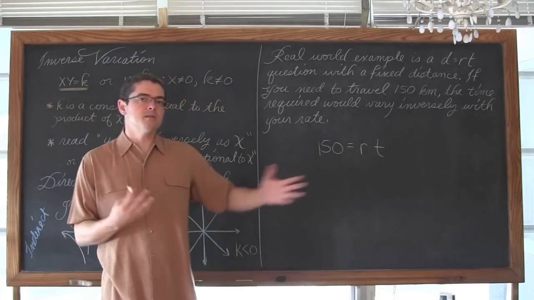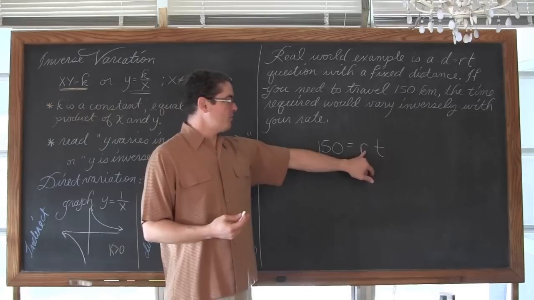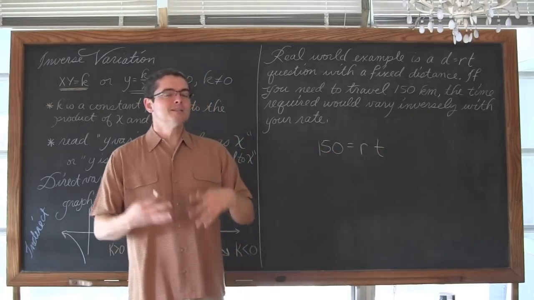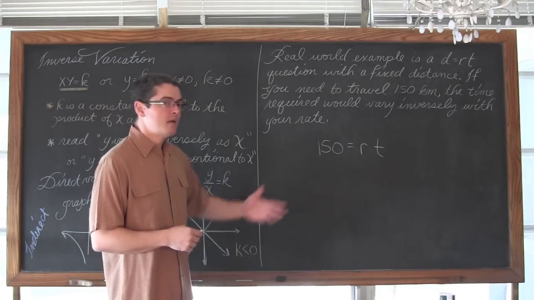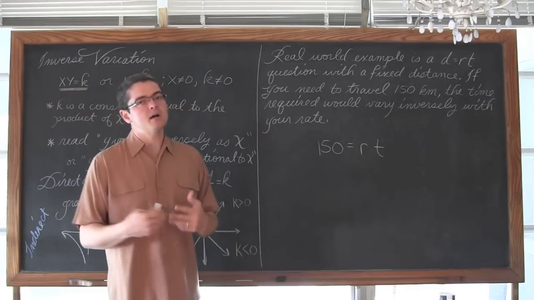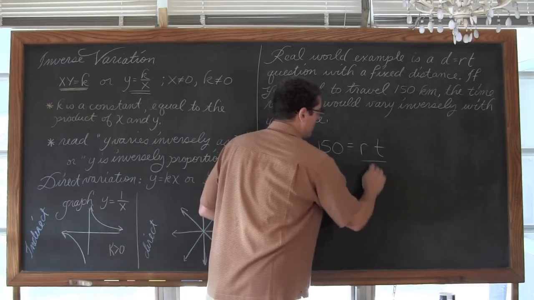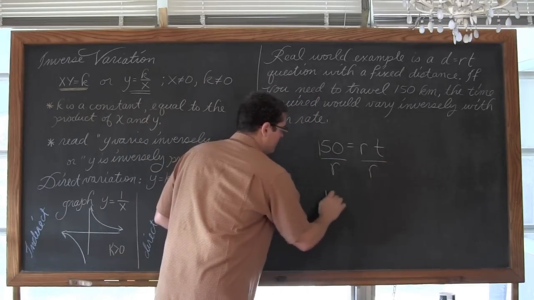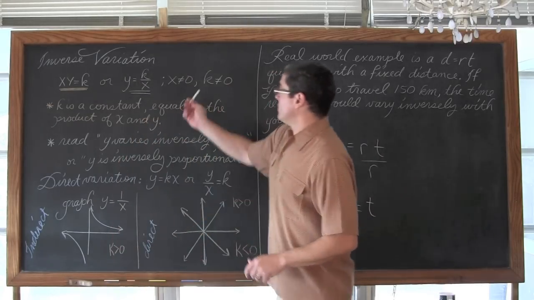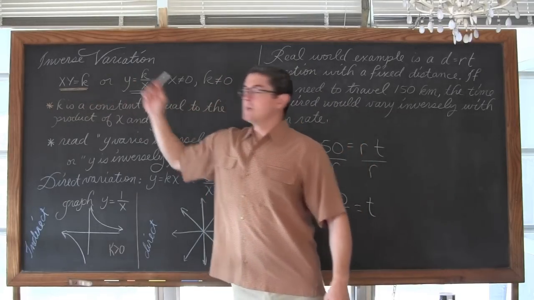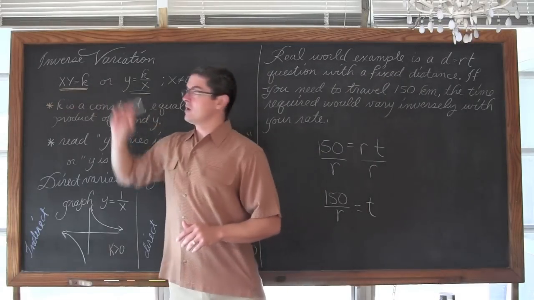So in this example, k is positive. We see that as one variable gets bigger, the other one must get smaller. Again, that's only a good summary statement if k happens to be positive for your problem, and then it usually is. If I want to write the time it takes you to get to your destination in terms of the speed, I would divide both sides by r and get 150 over r is equal to time. You can see how that looks exactly like our textbook definitions for inverse variation: two variables being multiplied together to give us a constant.